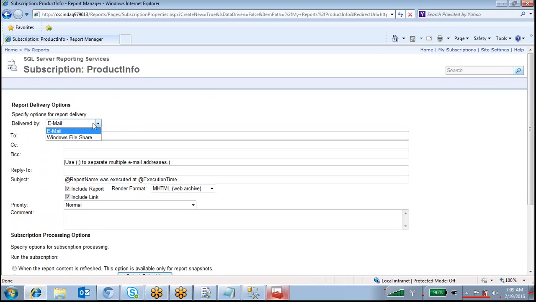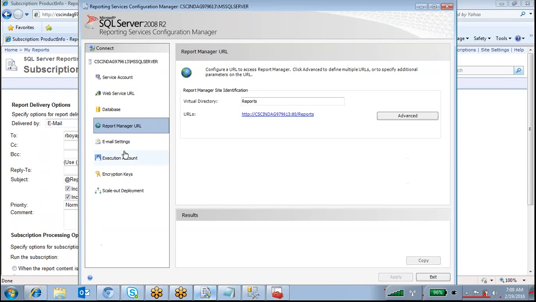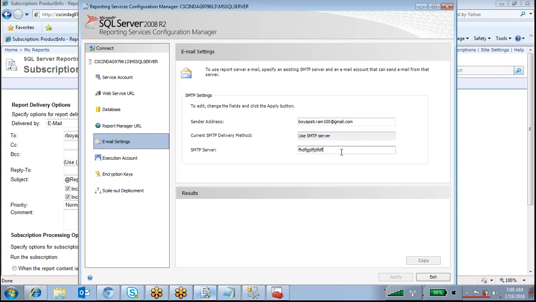Sometimes this email option is not enabled here because you have not configured the email settings. So you have to give the SMTP server name here and the mail ID from which you are going to send. This is just a dummy value I have given, not an original value. The system administrators will provide you this sender address and SMTP server.